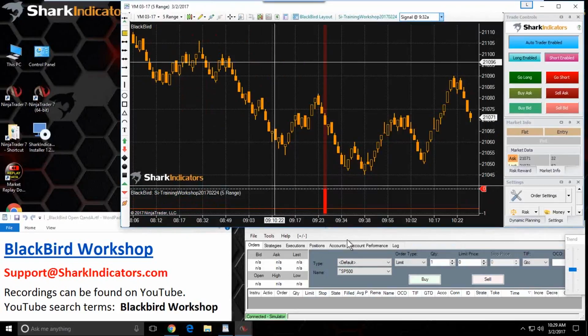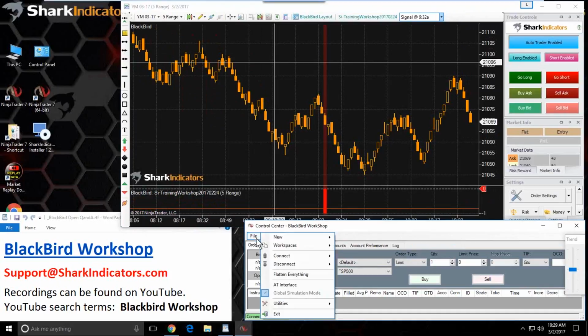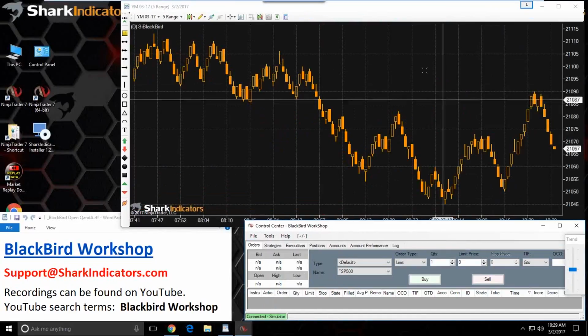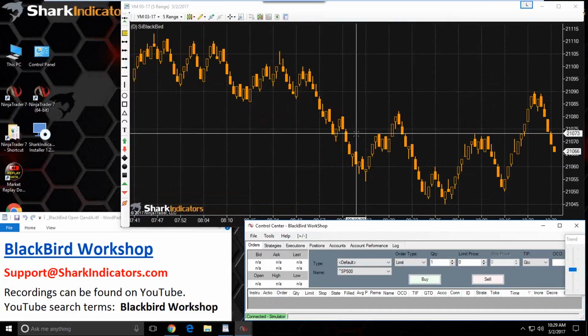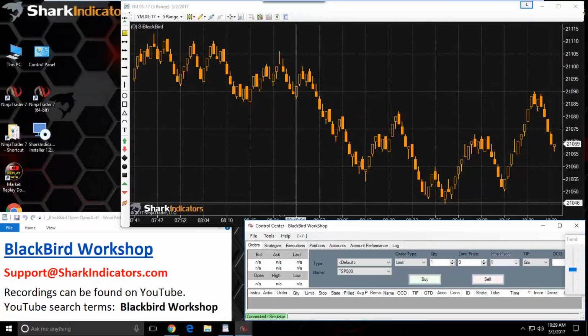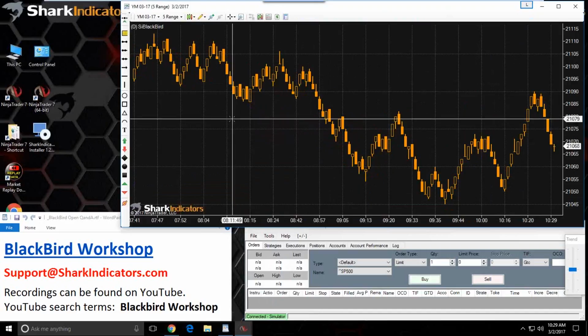So to do that, a good practice is to use the flatten everything button here on the control center. That will shut down my strategy and close out any positions properly. It's a nice little safeguard from NinjaTrader, a good safeguard when you're shutting everything down here. Okay, so now that I have BlackBird turned off,